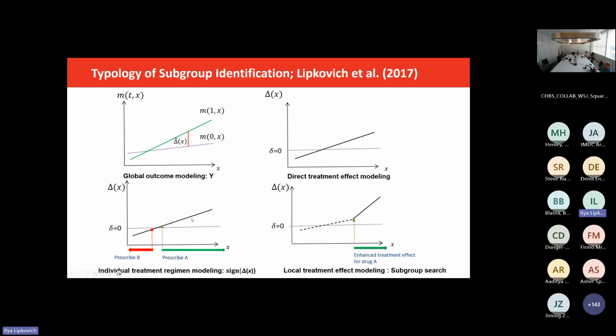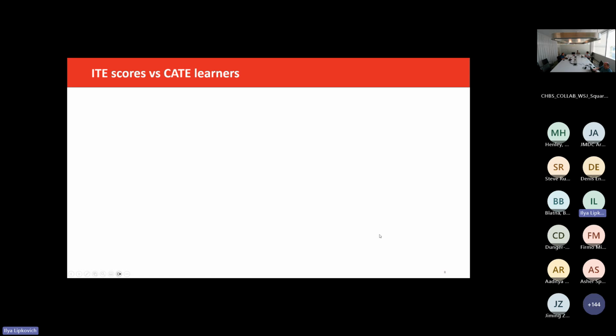Maybe you can estimate it directly without even estimating the conditional average treatment effect. And finally, there is a group of researchers who believe there is this magic subgroup in this covariate space, and they don't want to model all covariate space. They say we just model directly the subgroup using bump hunting or some other techniques or recursive partitioning, and that was termed the direct subgroup search literature. So things change a little bit, and there is a lot of interaction between these different groups of researchers.